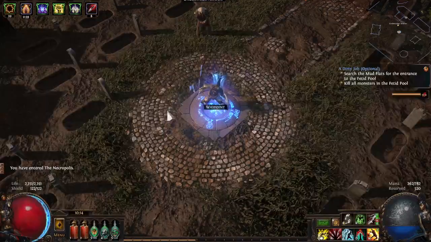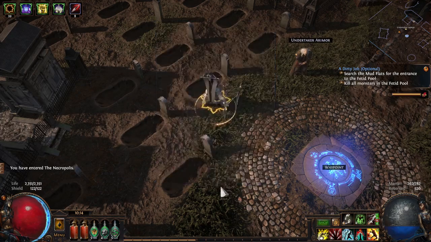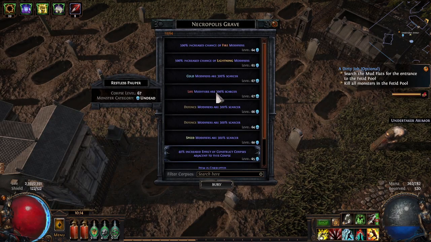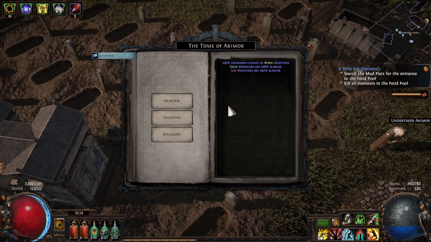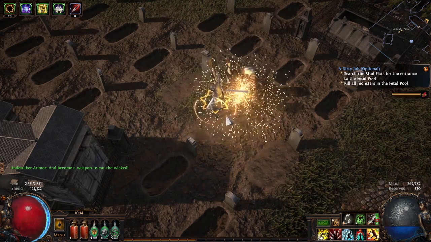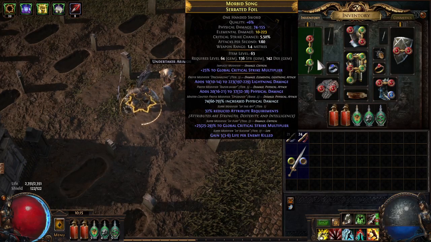So we'll do some Necropolis crafting real quick, just to finish this all off. Speed, sure. Humanoid. And let's craft a weapon. This will be a one-handed sword, and I want to say we want an eternal sword. Physical damage, attack speed. This might be an upgrade. It really might. Just do some percent fizz damage on it, and we might have an...